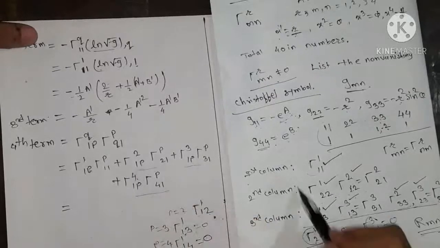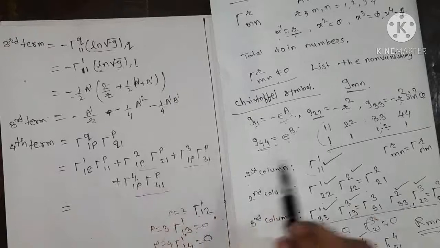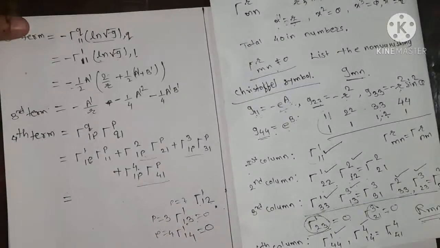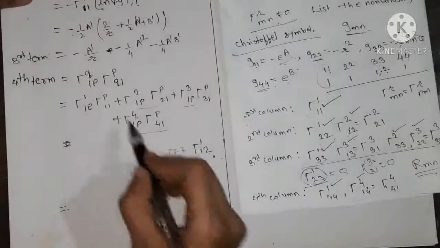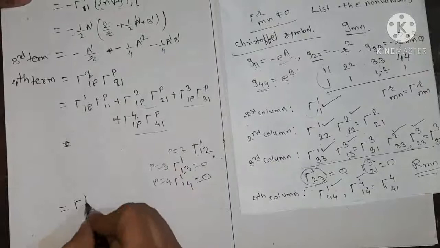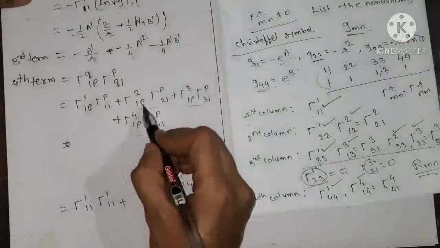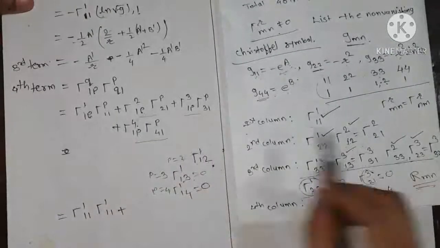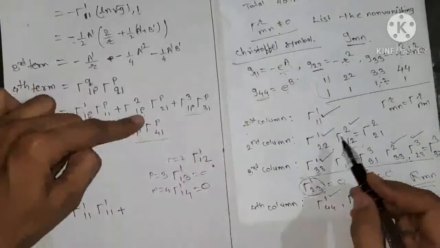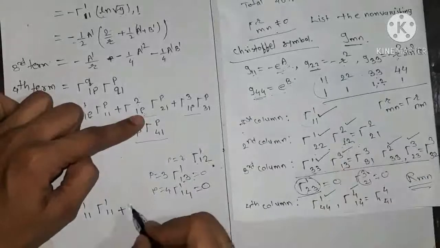Okay, you can check this by putting p equals 1, p equals 2, p equals 3, and p equals 4 here. We get the Christoffel symbol as follows. Our first term, for p equals 1, is gamma of 1, 1, 1. If we vary p and take p equals 1, is 2, 1, 1 present here? No. If we take p equals 2, then 2, 1, 2 is there. Okay, so 2, 1, 2 is present, so we have only p equals 2 here.